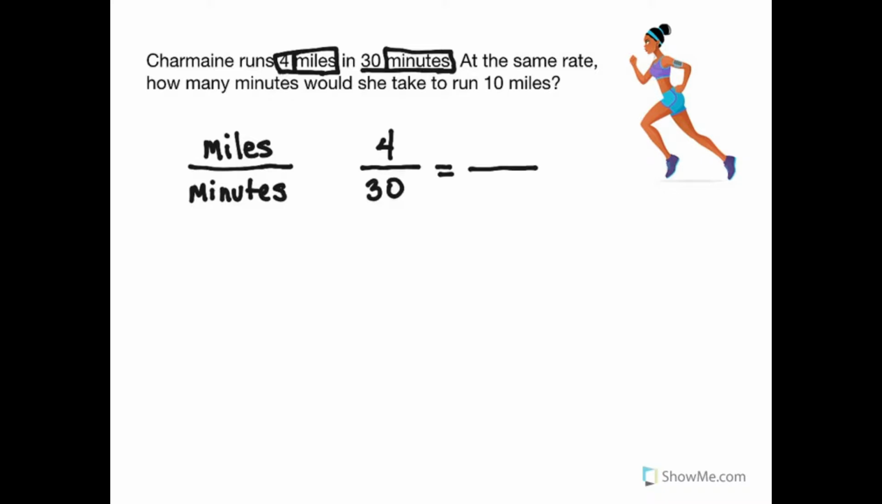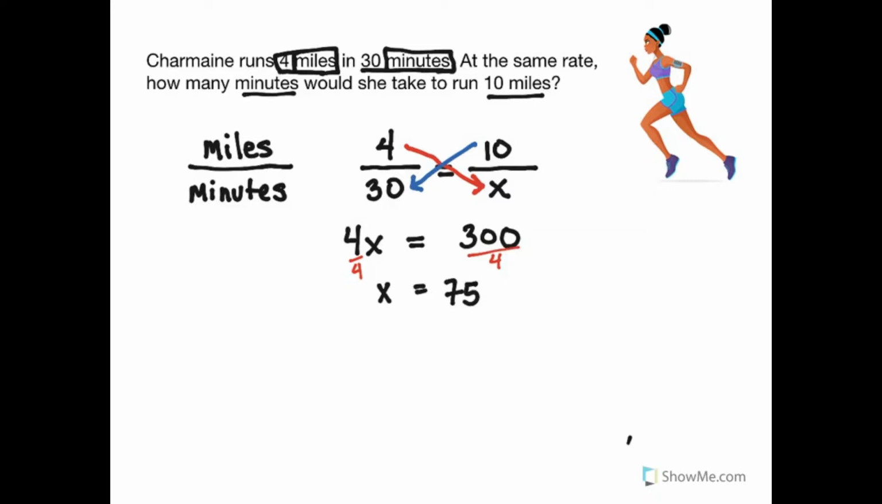Now at the same rate, how many minutes? So minutes is the thing I want to find, and I put x in the minutes spot. 10 is the miles. This is a proportion, and we solve by cross multiplying, which means the 4 times the x has to be equal to the 10 times the 30. That's cross multiplying. That gives me 4x equals 300. And so x equals